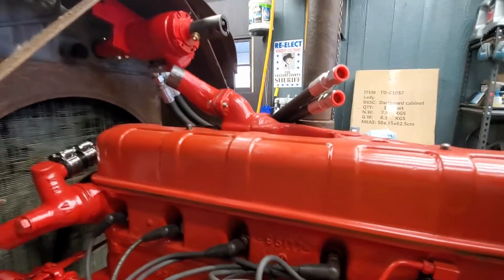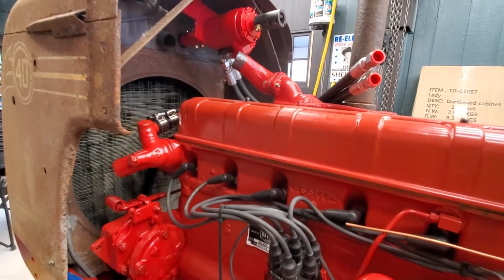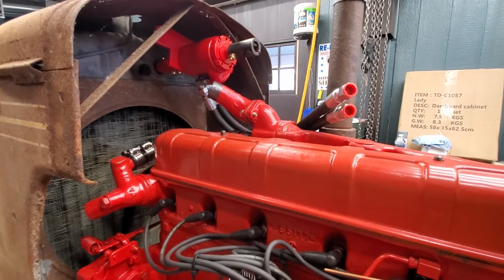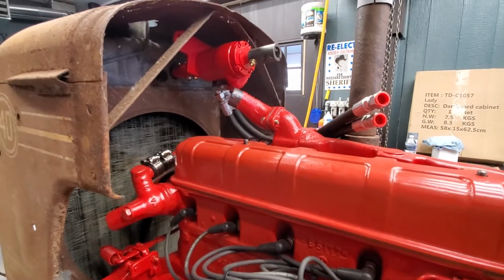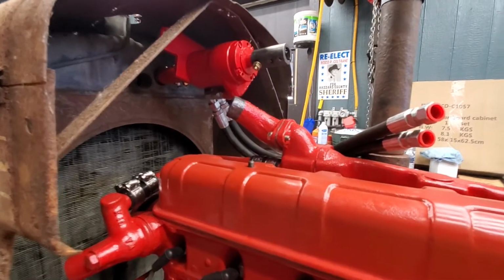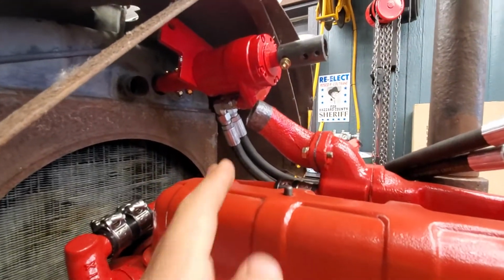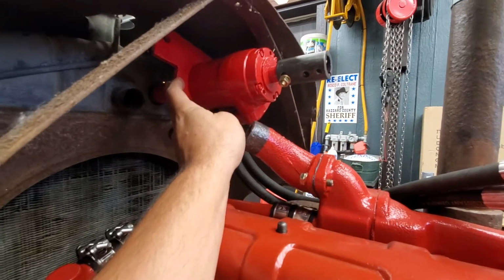There's some other work I got to do. I got the front end on this because I had to do a bunch of mock-up work for some accessories. Not quite happy with how that's going right now, but I'll work through it. So I have an aftermarket accessory here. This is a